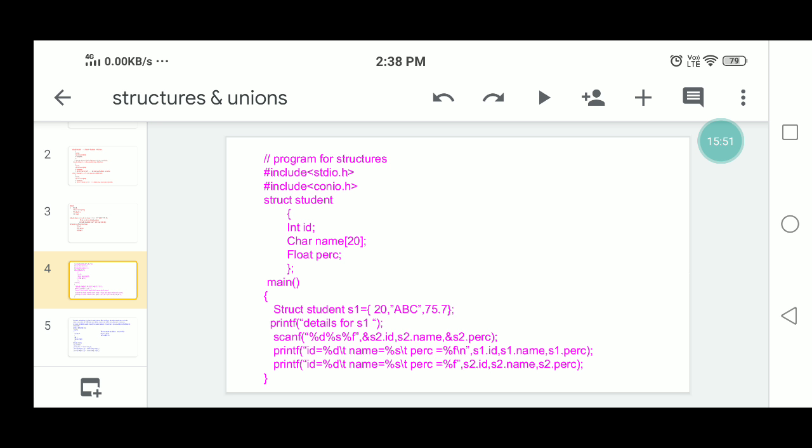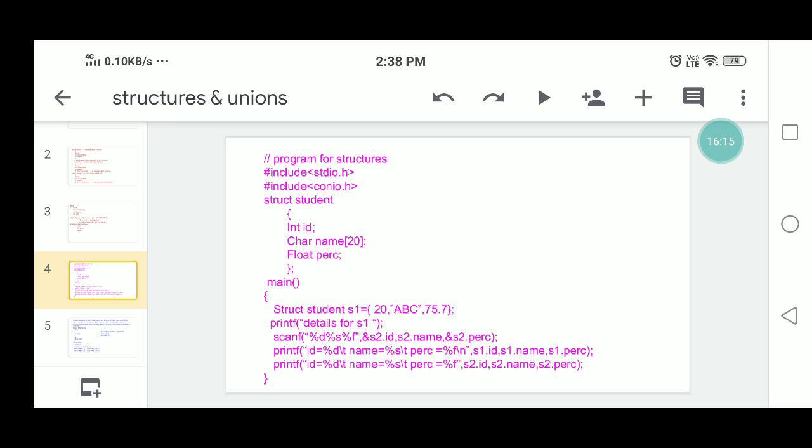Then in main, you are initializing the data values in S1. So struct student S1 equals 20, ABC, comma 75.7. This is the first data values of S1. Then next you print the details of S1.